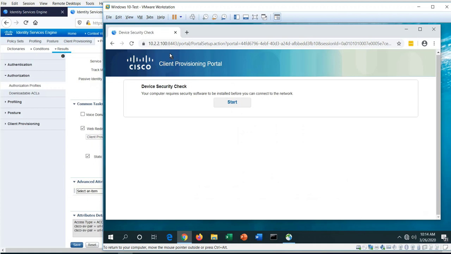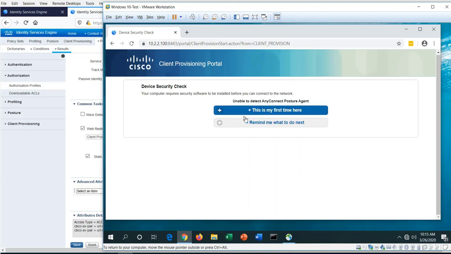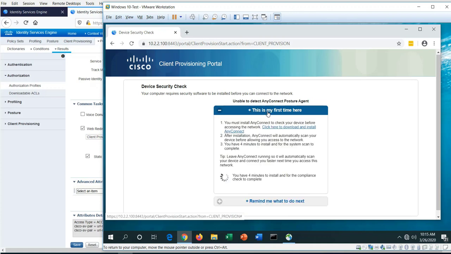So now you can see my 10.2.2.40 got redirected over to 10.2.2.100, and here's the ISE client provisioning portal. I'm going to hit start, and it's getting ready, and it's going to start the provisioning process of what to do next to get this installed here. Alright, so here's my first time here, so it's giving me instructions, and now basically I need to